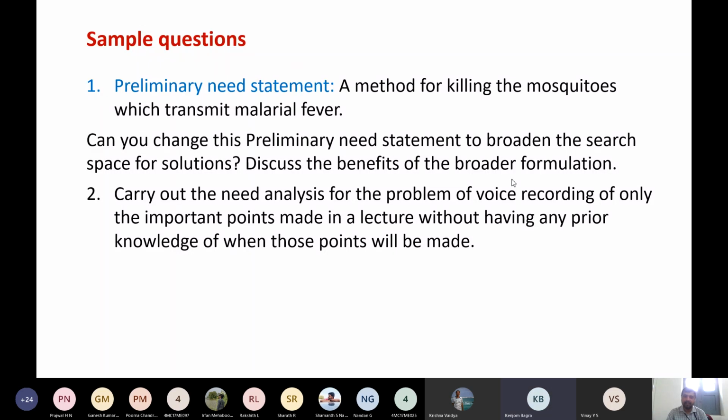Yes, sir, it's possible. How is it possible? Sir, but the student has to have some knowledge beforehand, like some keywords. Then you can develop an app where you upload the 1 hour lecture, and the application should identify keywords. In between the lecture, if the lecturer says, so this is very important, your application should start taking the video content from that point.